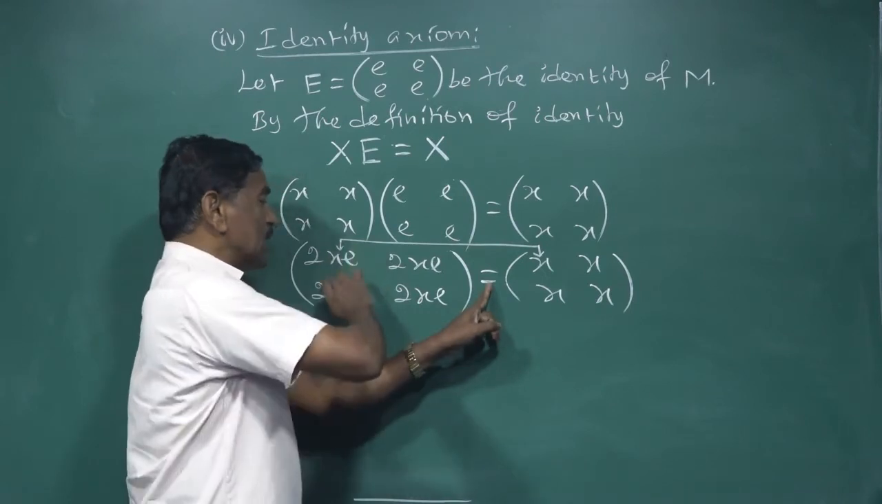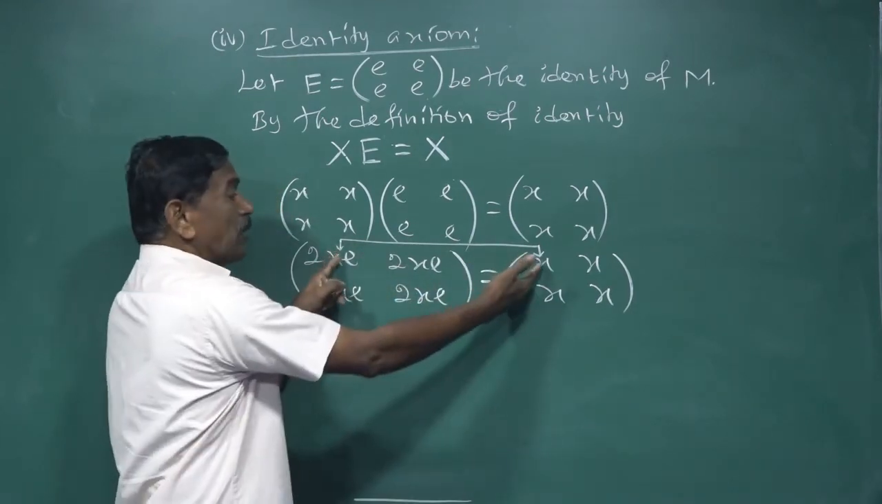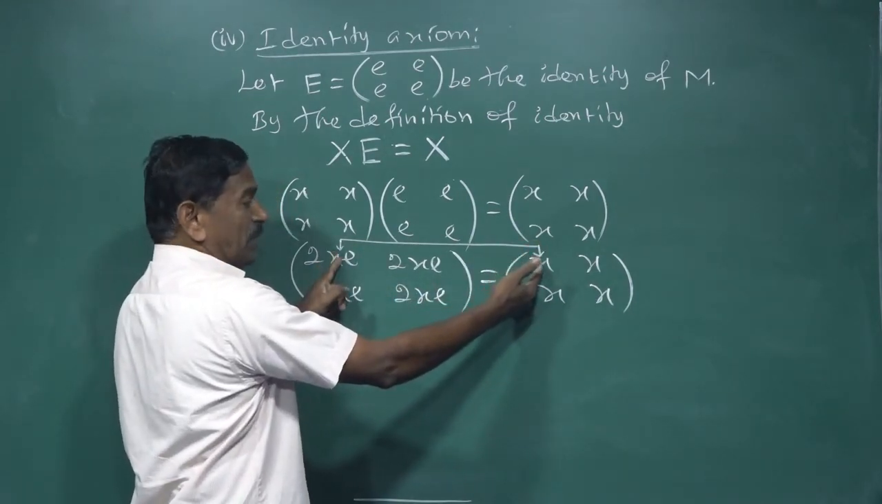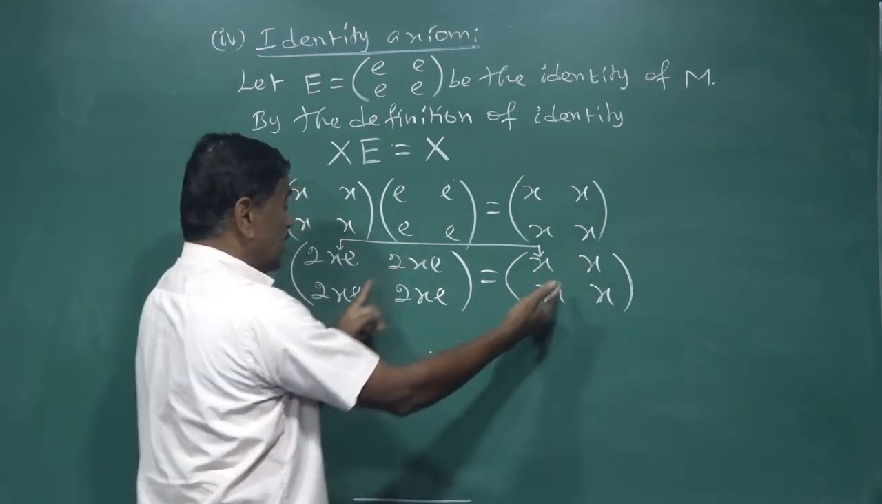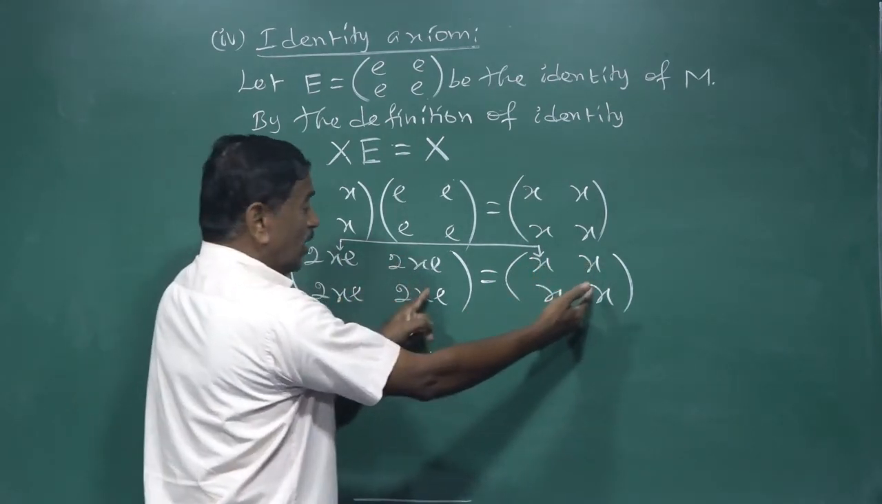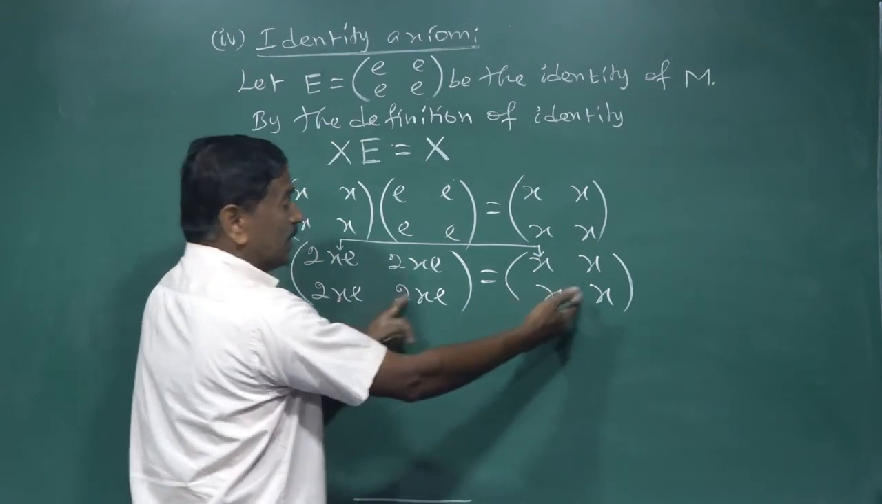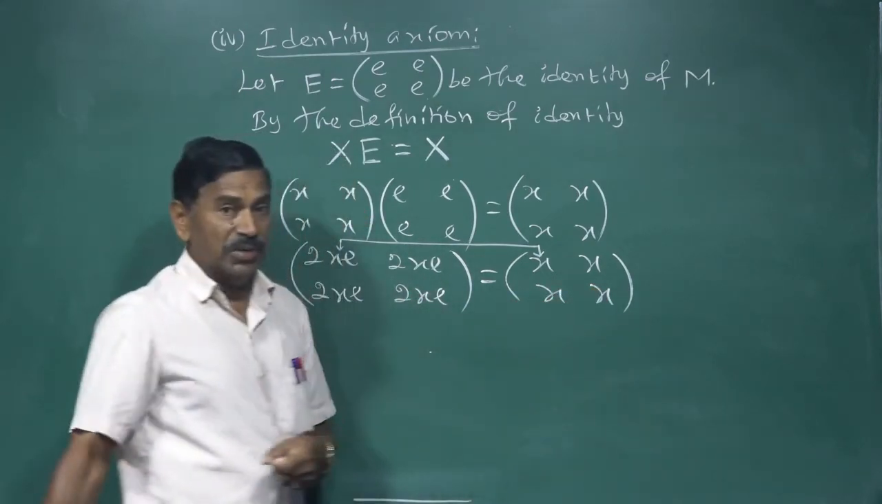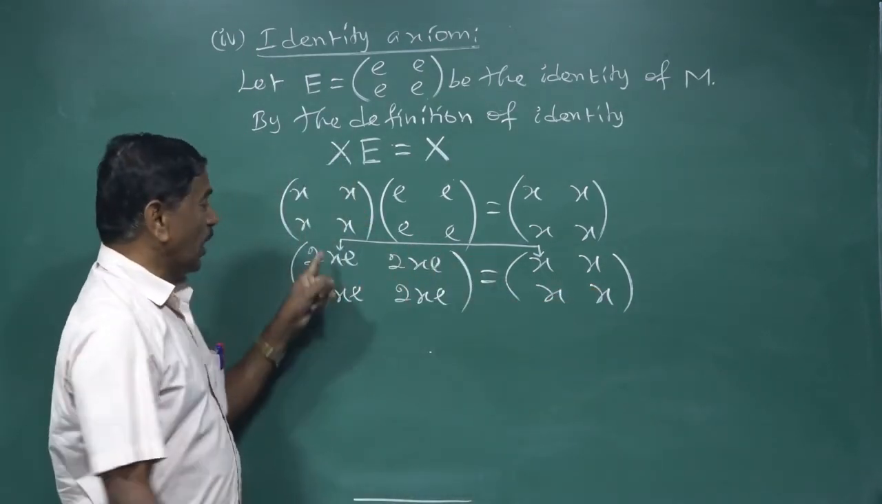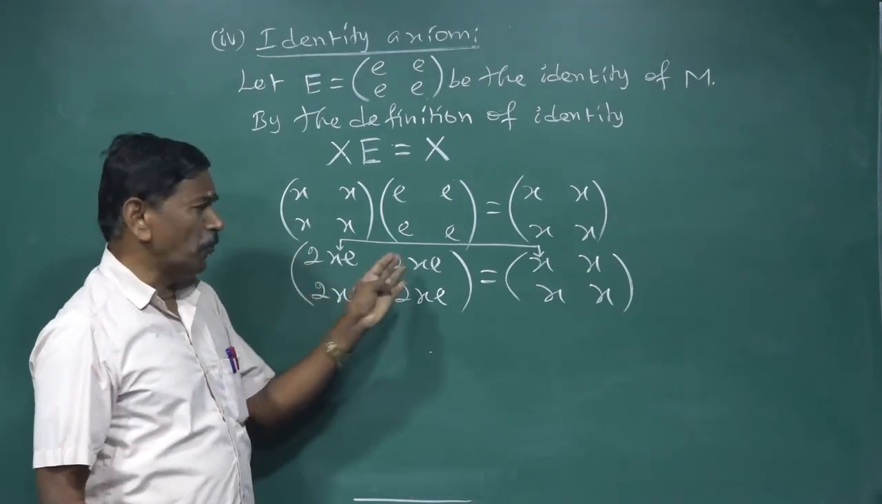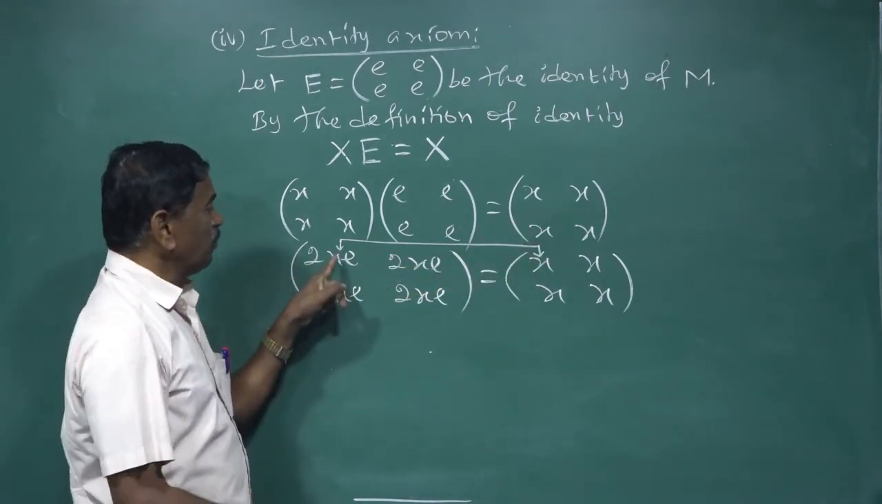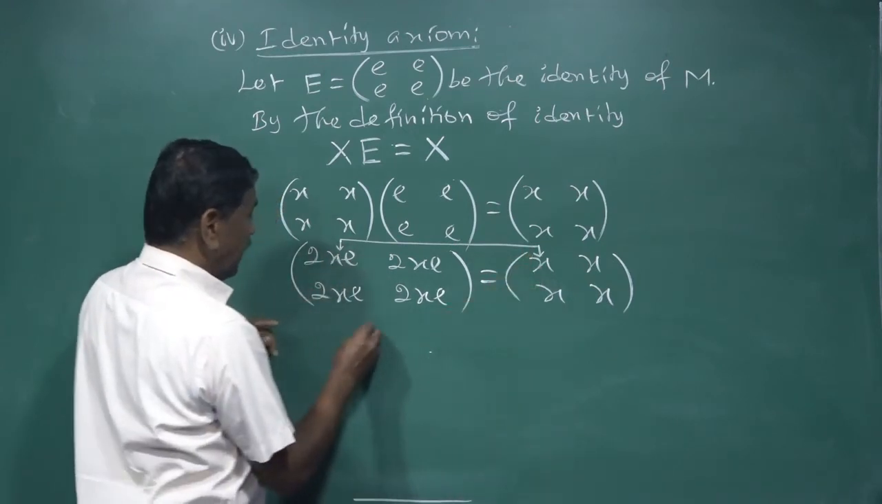If two matrices are equal, then their corresponding elements are equal. First element equal to first element, second element equal to second element, third element equal to third element, and fourth element equal to fourth element. Likewise, corresponding elements are equal. For our convenience, all four elements are equal here. So, first element equal to first element, we get